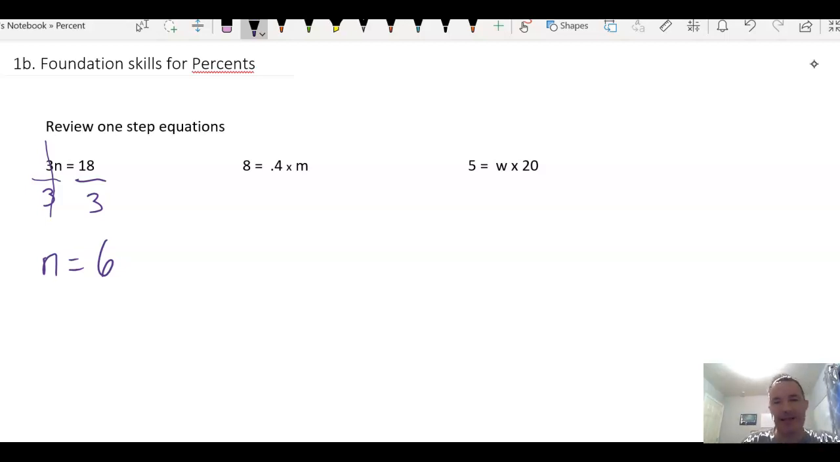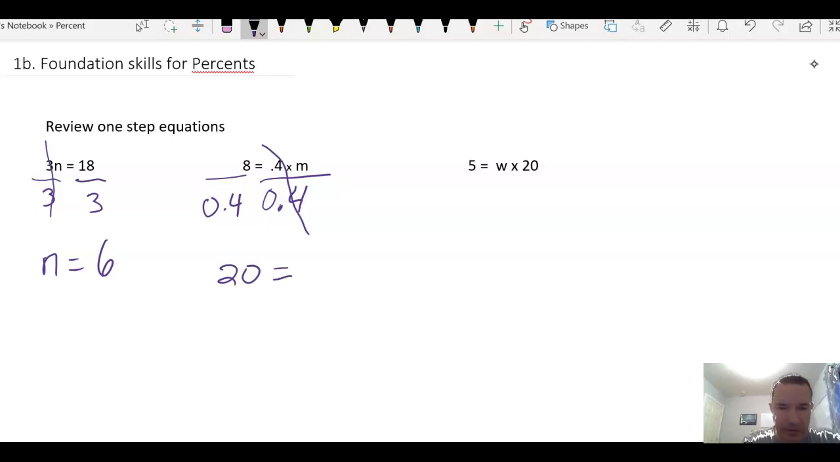Now let's look at a slightly different one. Not that it's that much harder, but it is a little different. So now we have 8 equals 0.4 times m. Again, we're still isolating the variable, so we're going to divide by 0.4. Some of you might want to say, can I write 0.4? Of course. And then that'll cancel out. Whatever we do to one side, we do the other. So we have divide by 0.4. 8 divided by 0.4, use your calculator if you can't remember,